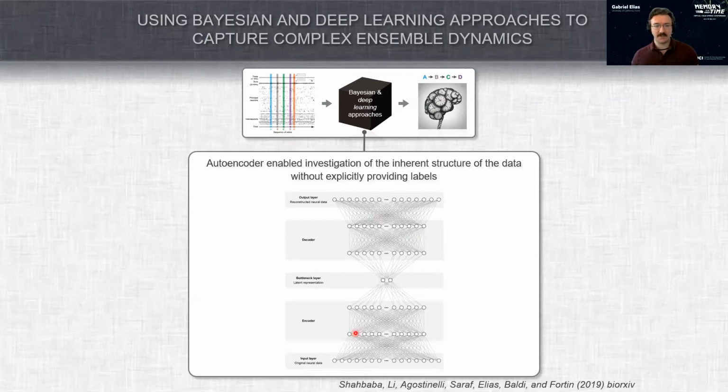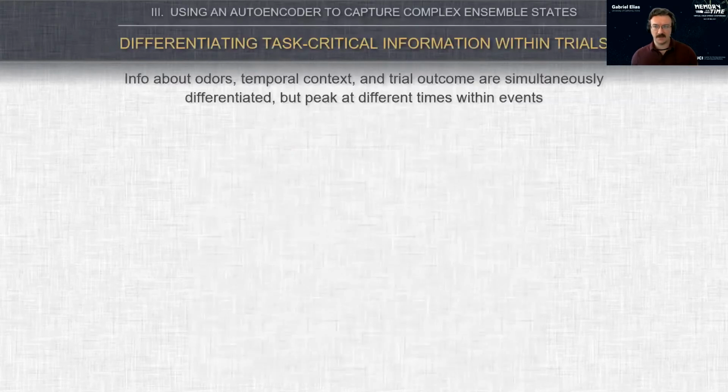The whole purpose of this network is to take the input layer and recapitulate it as the output. So the training of this model is to make it so that it's able to recreate the inputs on the output. The thing about this architecture that is unique is that the activity is flowing through this bottleneck layer here, where it is literally 2 nodes. And we can use the activity of those nodes to define a projection space where we can visualize the organization of the data. So in somewhat more technical terms, it's creating an unsupervised latent space that defines the structure